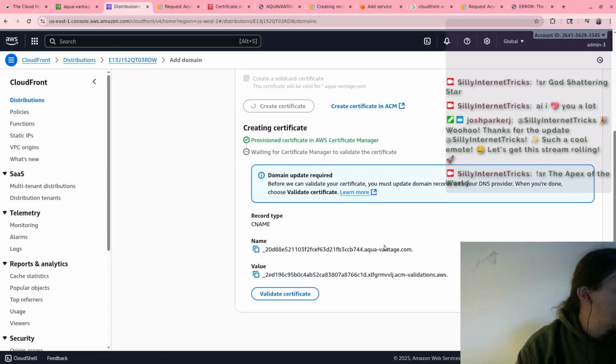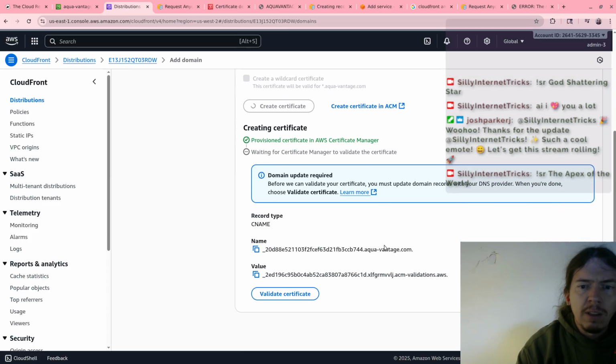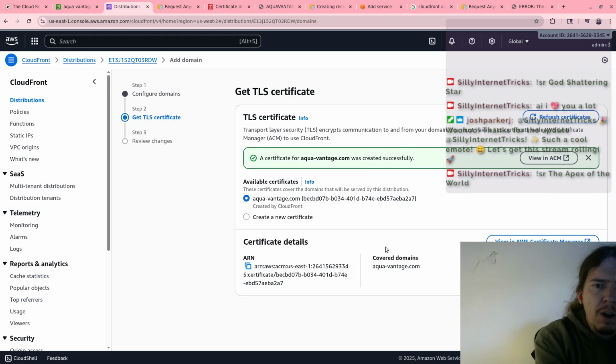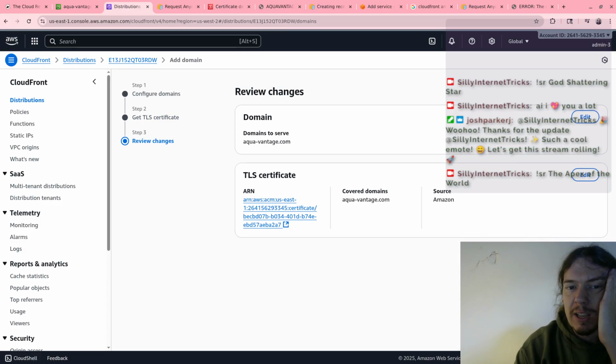Okay, so I tried creating a CNAME like that. It might not quite be right still. Let's take a look. Oh wait, there it goes. So I guess we can go next. Gosh, this is for the birds.